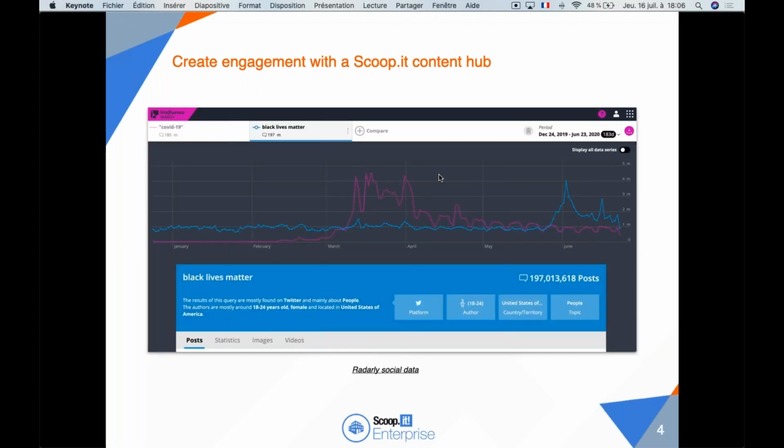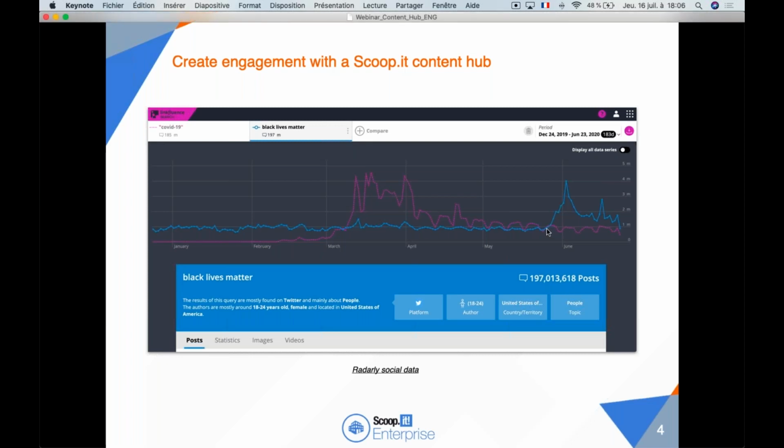Here we've crossed the keyword COVID-19 in pink with the keywords Black Lives Matter in blue. So Black Lives Matter was still relatively spoken about in the beginning of the year, but it kind of died down when there was the COVID-19 pandemic.